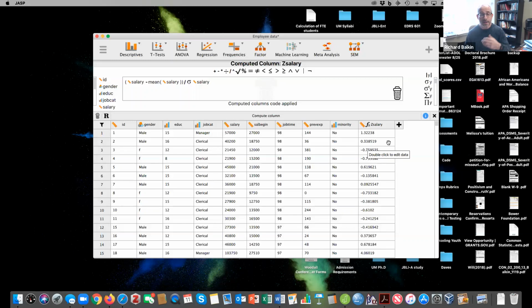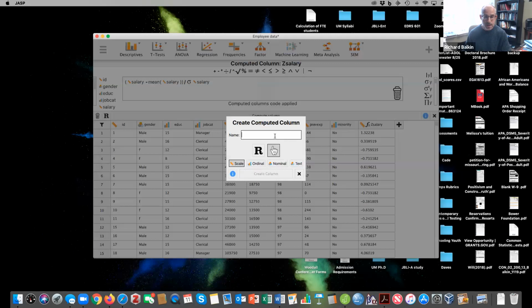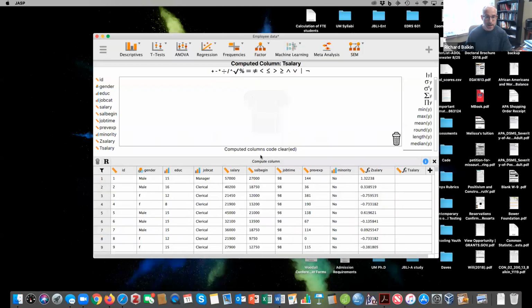And now I need to convert my z-scores into t-scores. So once again, I create a column, and I'm going to call this t-salary. Make sure it's a scale variable and hit create column. And now remember a t-score is a z-score times 10 plus 50. So I can simply take z-salary, multiply it by 10,